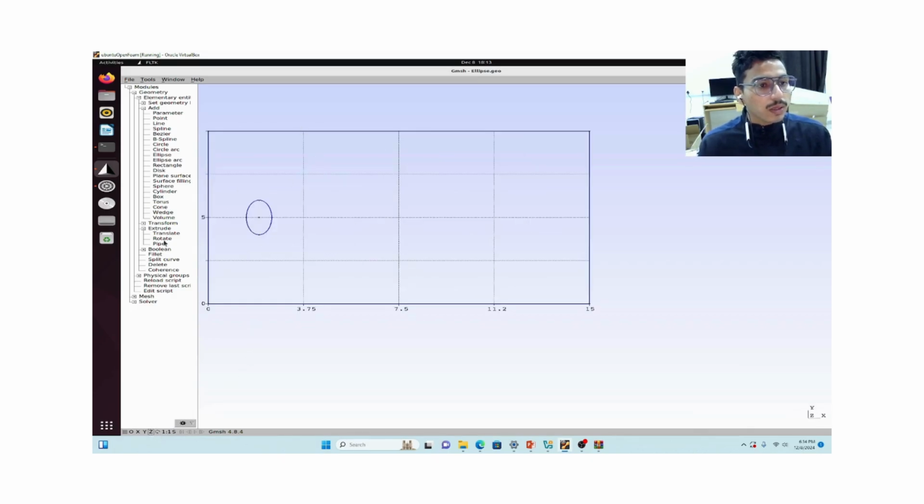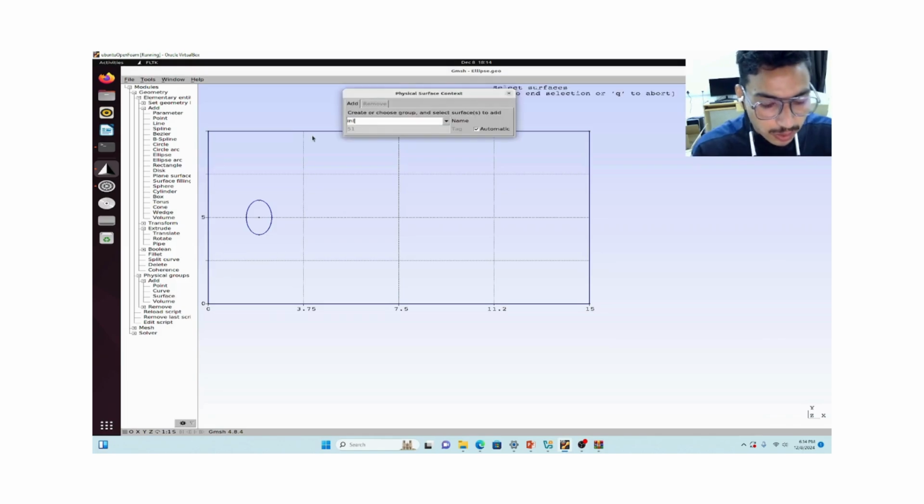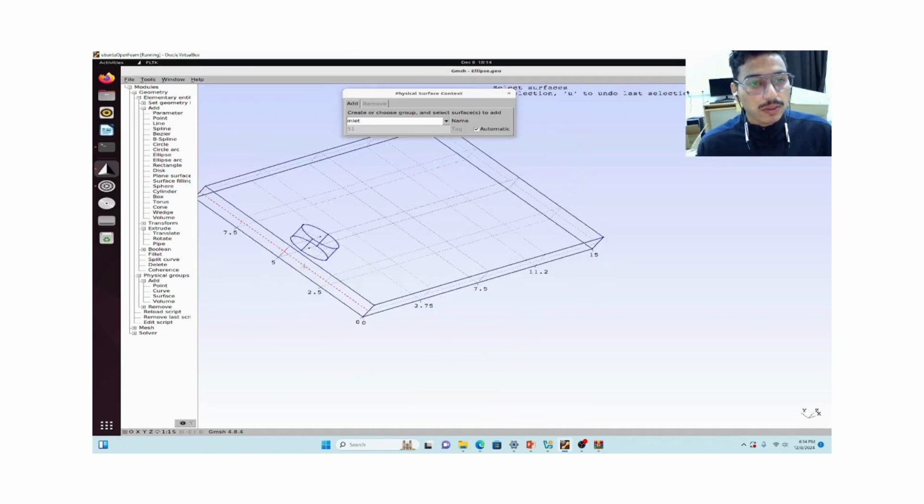So now we have to make physical groups, like we have to give the name to the boundaries. So first we will add from the physical groups, we will add surface. So first will be our inlet. This is our inlet plane area, E to select. Then our bottom, this is our bottom,